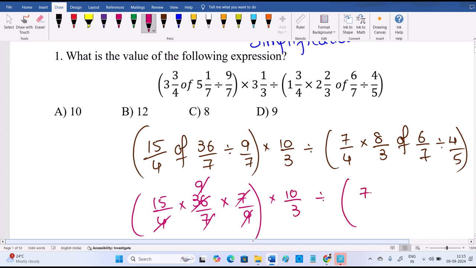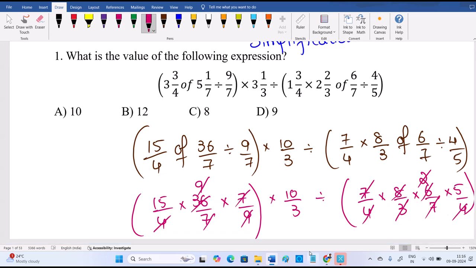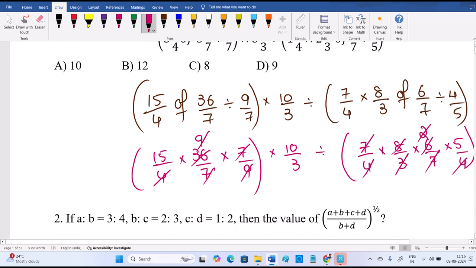Here "of" first you focus, into 6 by 7 divided by 4 by 5 as multiply with 5 by 4. This 7 cancel. 3 ones, 3 2 times. 4 into 4 is 16, 8 into 2 is 16, cancel. So we got it like 15 into